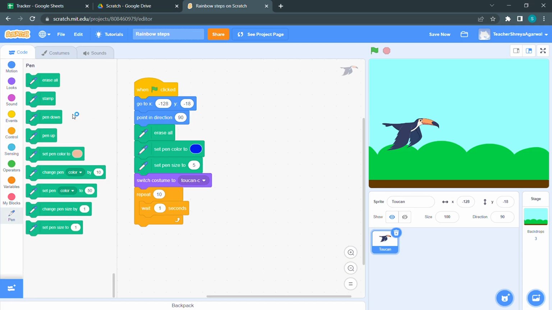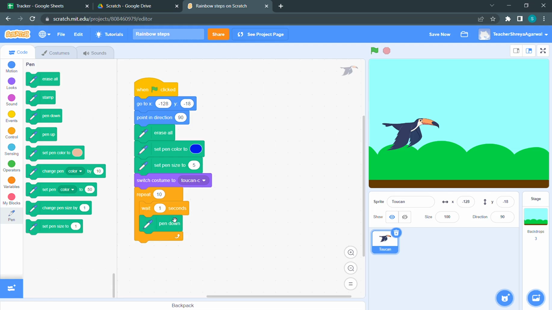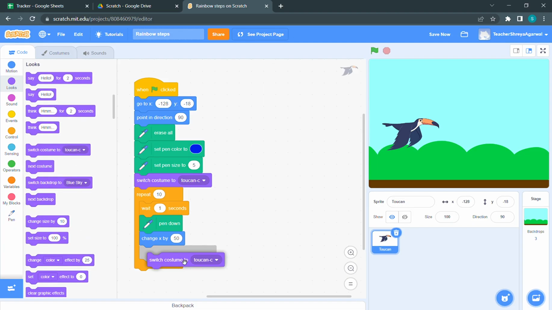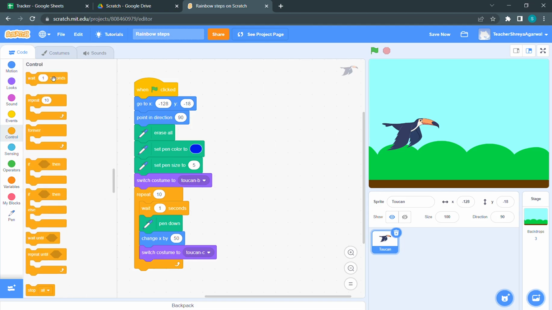Now I want to put the pen down so that it can start drawing the steps. We want to change X by probably 50, so that is going to be the length of each step. So change X by 50 pixels. And now we'll switch the costume one more time. Okay, maybe, yeah, okay, this way. And then we wait for another 1 second,